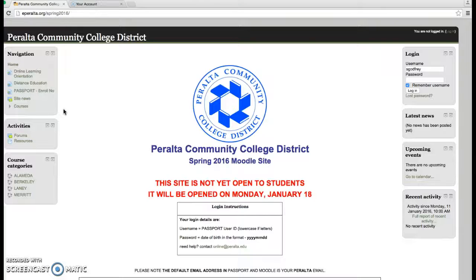So I hit return, and you'll see the first thing you'll see is this login page. In order to log into Moodle, you need to have a username, which is your passport user ID. You need to have a password, which will be your date of birth. And here is one thing. If you need help logging on at this point, you need to contact these folks at this email address, which is